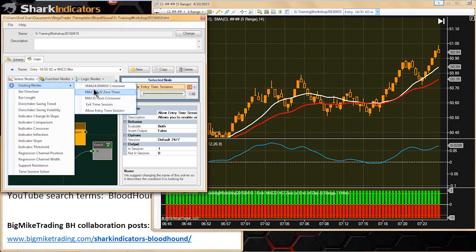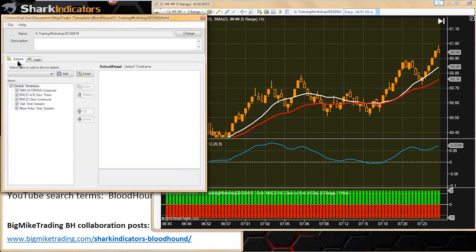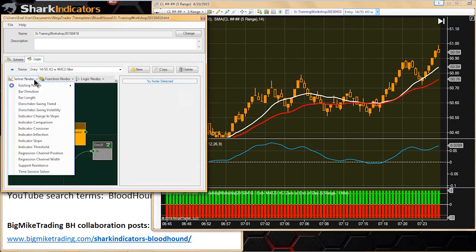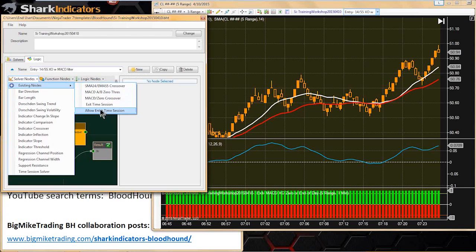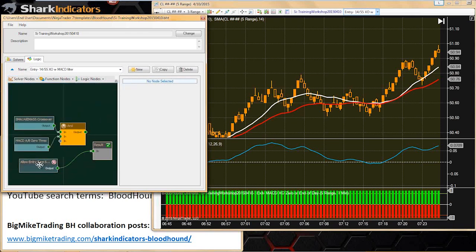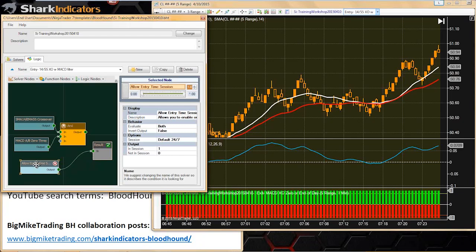So this list here is the same as what you see on the solver tab, right? So now, if I happen to build a second entry or a second exit, I'll know which of these time sessions is for my exits and which one's used for the entries. All right. So the next step here is we want to set this up